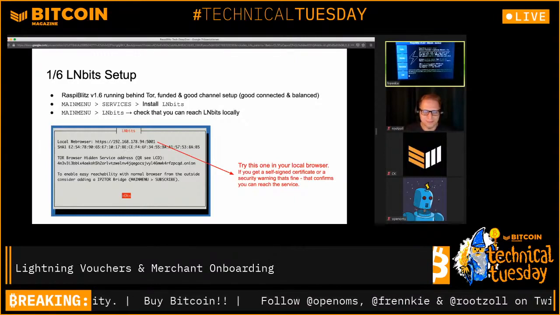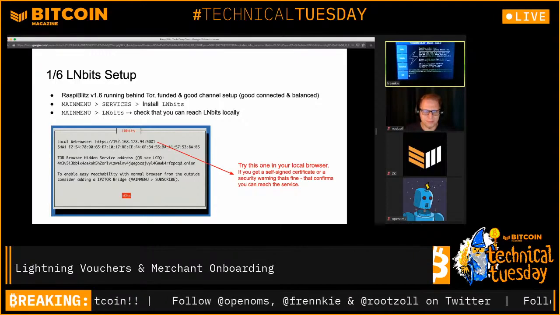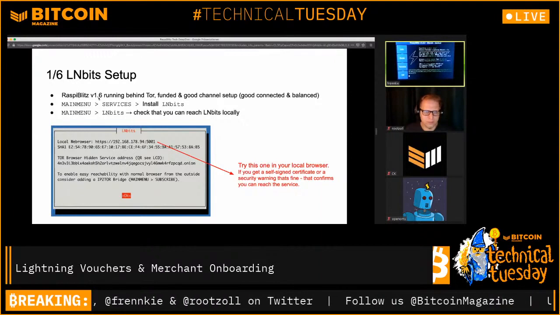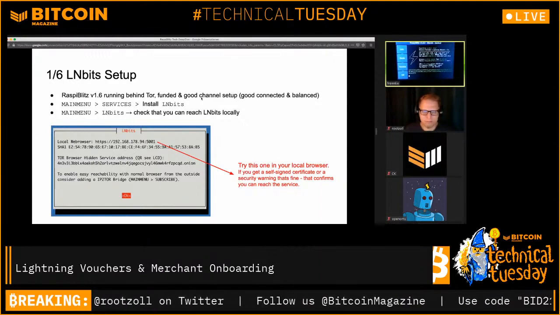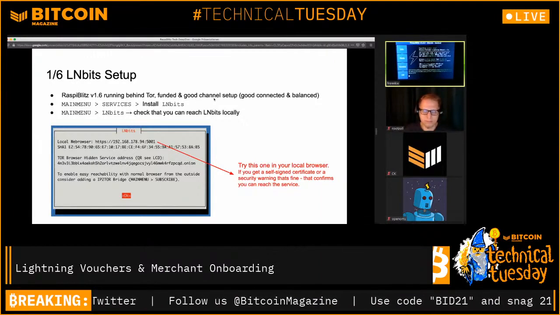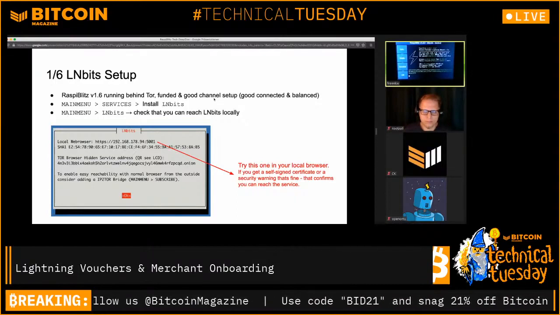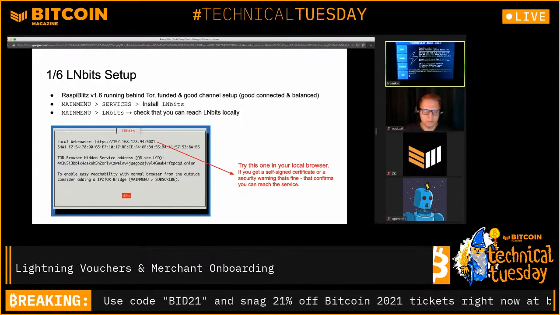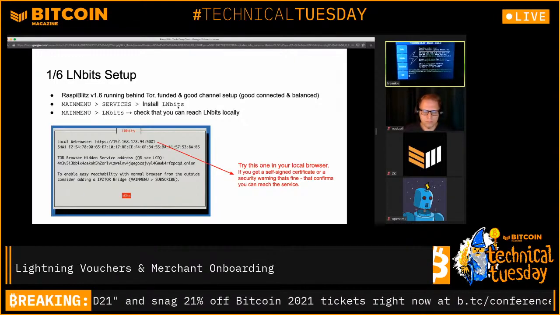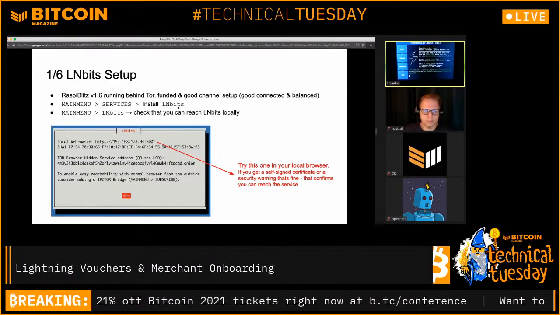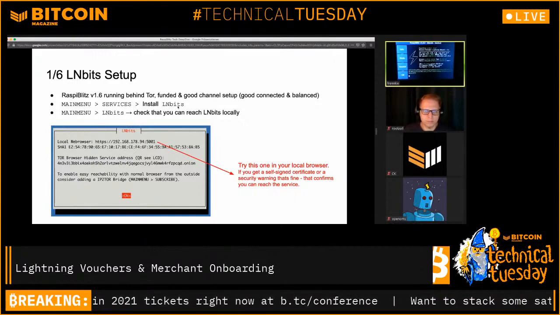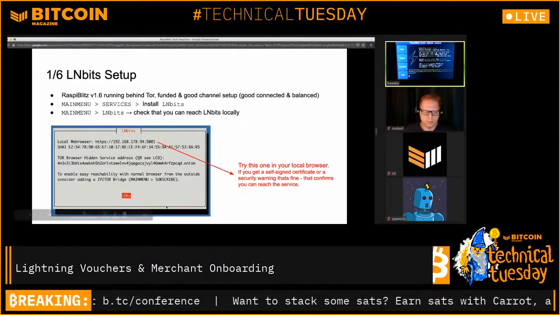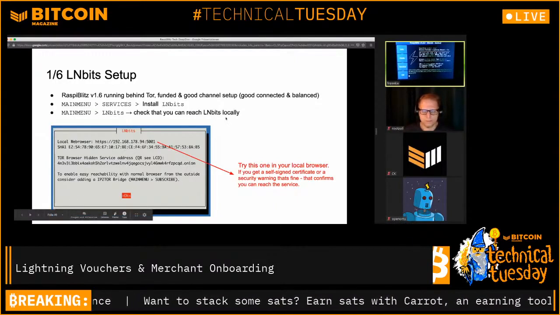So basically, what you do is you set up your Raspberry Blitz with the current version, 1.6. You have Tor enabled. You have at least some funds on there, and you have at least one channel. It would be good to have some inbound liquidity, but it's not essential for this step. And then you just go to the menu, services, and install Allen bits. This will take a little time to get all the dependencies installed, but then it will be set up and it will finish with this dialog that you see in the left corner,